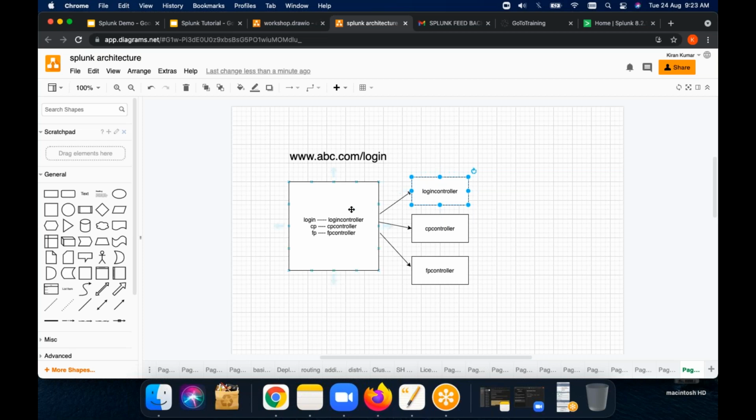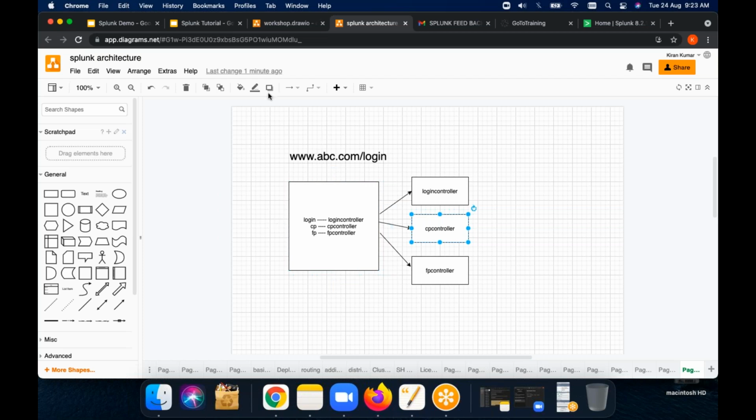And the second thing is that even if the traffic is more, it will be routed to different controllers, right? The traffic will not be on the same page. If I wrote all these things in the same page and there is more traffic coming to the page, there will be more burden on the page. There are chances that the server gets stuck, correct or not? So in that way also it will be useful. Okay, this is the concept of routing the files.